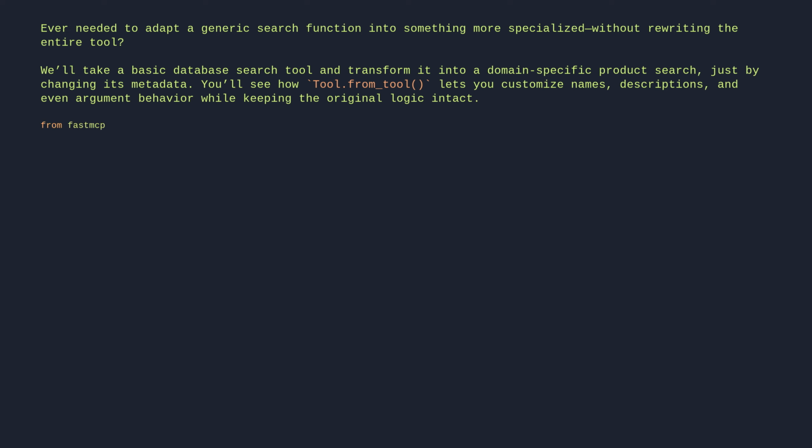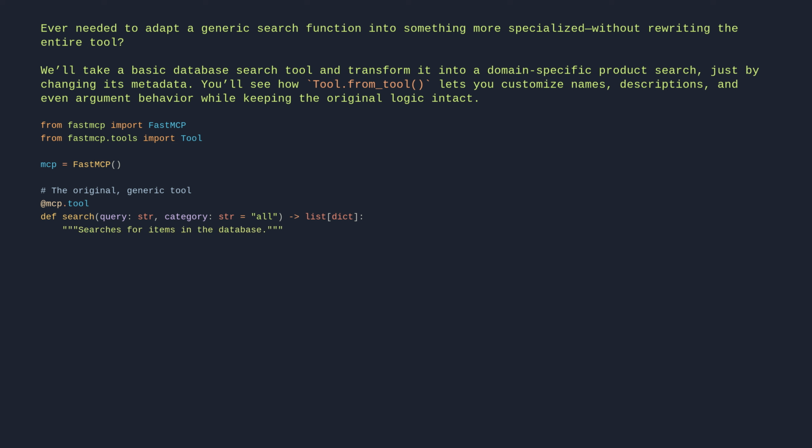from fastmcp import FastMCP. from fastmcp.tools import Tool. mcp = FastMCP. # The original, generic tool. @mcp.tool def search(query: str, category: str = "all") -> list[dict]: "Searches for items in the database." return database.search(query, category)